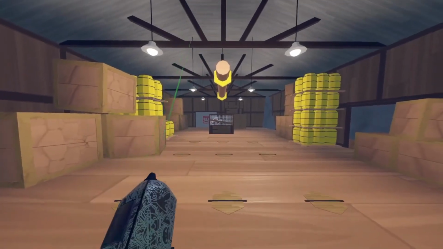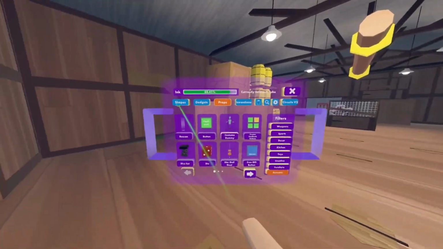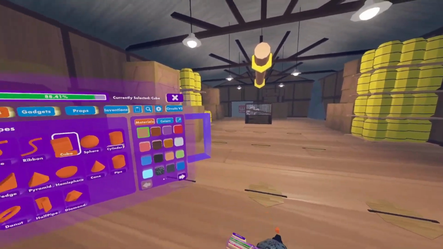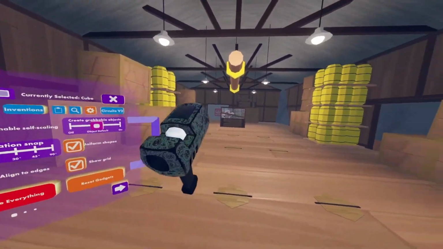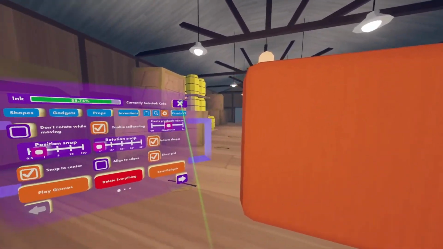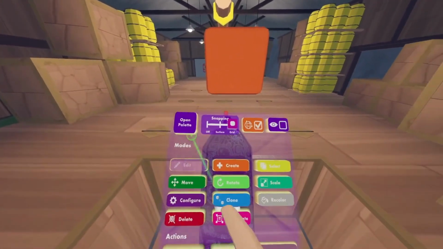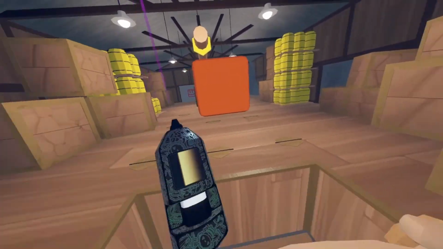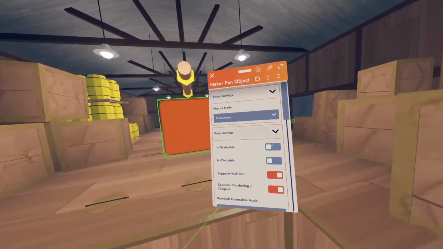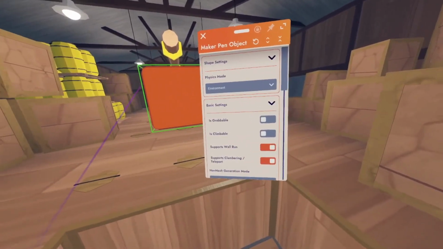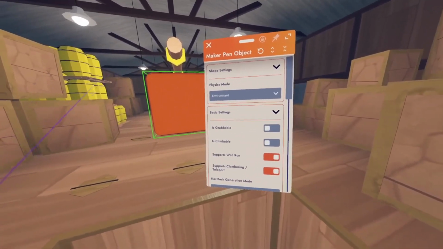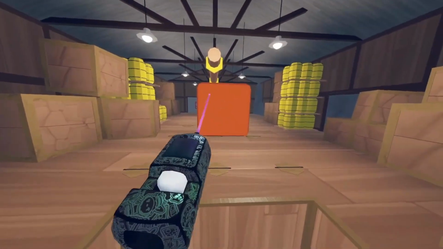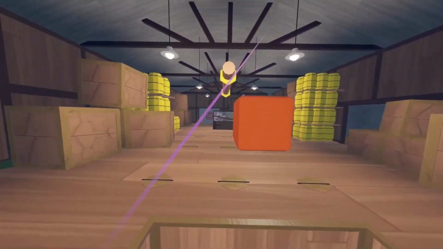Alrighty, so with your makeup pen, you want to go to open palette. Go to shapes. I'm going to take a cube, since funny cube, am I right? I'm going to make it uniform shapes. So basically, all you got to do is just create your cube. After, just go to configure while you're editing the cube, because if you drop your makeup pen or press done editing, and if you configure it, nothing is going to pop up about the how to edit thing. So you want to edit the object that you want to change